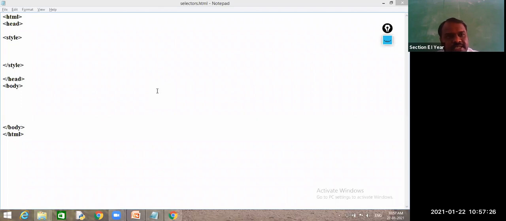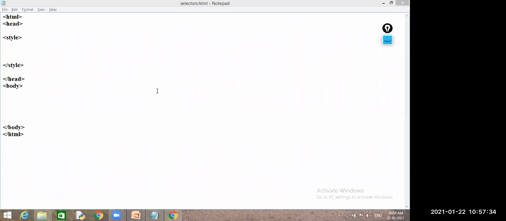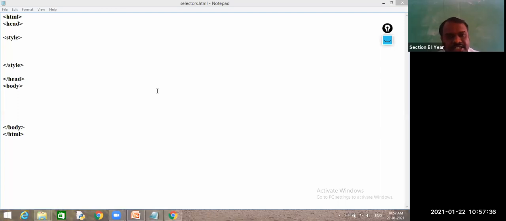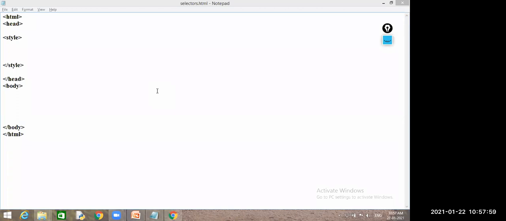For this web page, does the entire page have common borders or different borders for each element? See, you are writing some notes or assignment on an A4 sheet. For each paragraph, will you give separate margins? One page contains multiple paragraphs: first paragraph, second paragraph, third paragraph. Will you give multiple margins for that, or a common margin for the entire page? Common margin for the entire page.